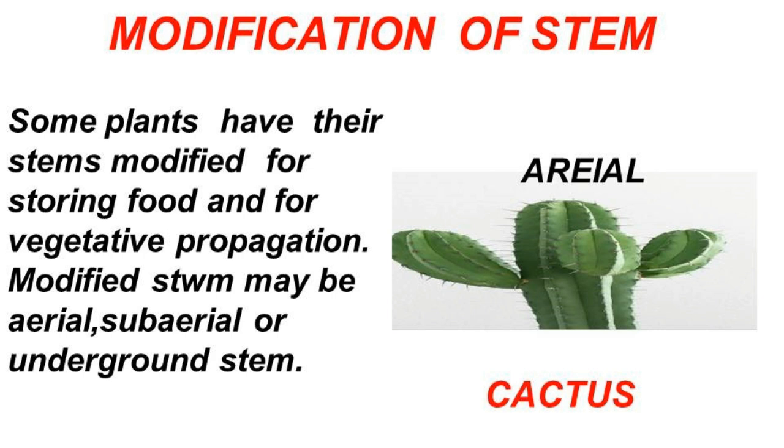In aerial modification, an example is cactus. In a dry climate, conserving water is a challenge. Water evaporates from the surface. If the surface area is larger, evaporation could be more. If the surface area is smaller, the evaporation will be less. Obviously, we know this. Plants with many leaves have more surface area. Cactus has a thick stem which does most of its food production through photosynthesis, and leaves are reduced to small spines with less surface area.